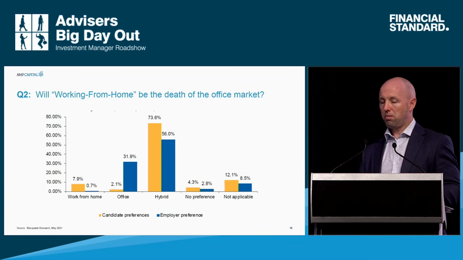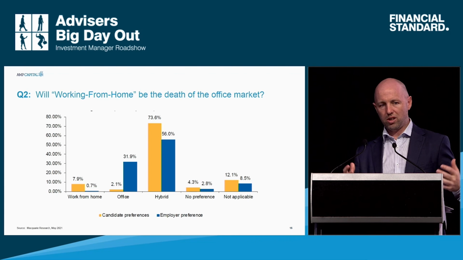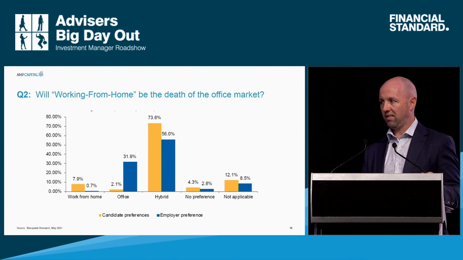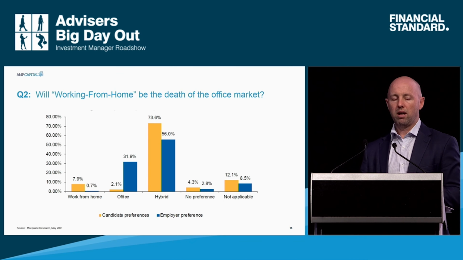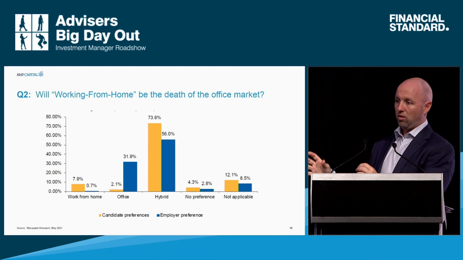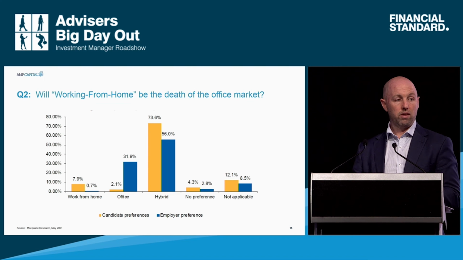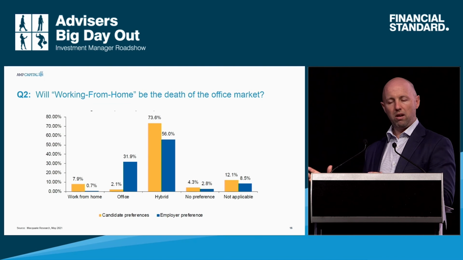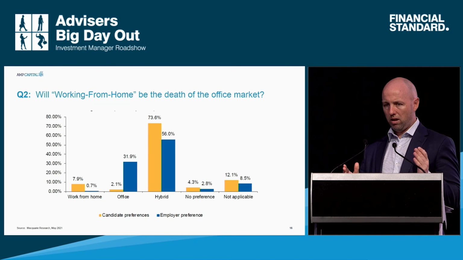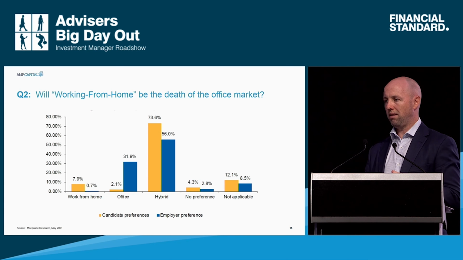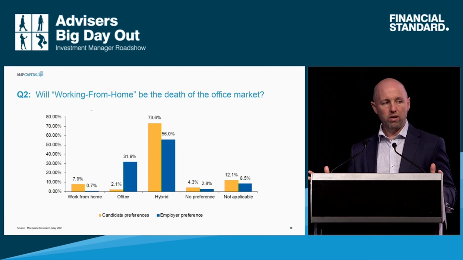They see productivity benefits, ideation benefits, cultural benefits, lots of benefits. But on the other hand, it's also equally clear, and this is a global phenomenon, that employees like that flexibility, and they're not coming back to the office on a 9 to 5 Monday to Friday basis like they were pre-pandemic. So if you were to say we all move to a 3-day week, that implies a 40% drop